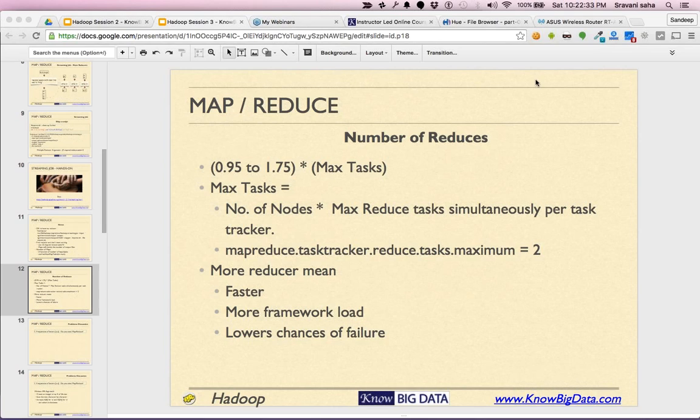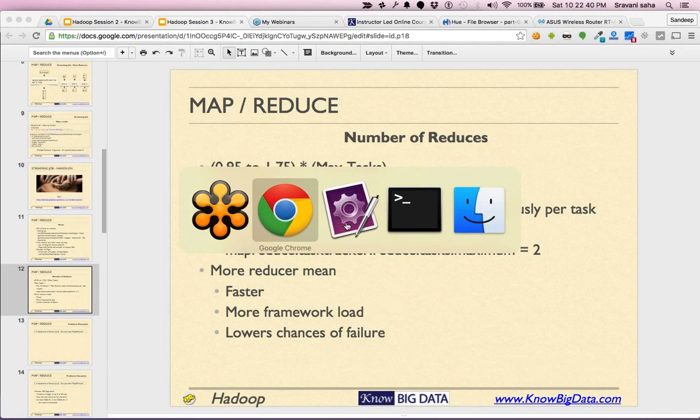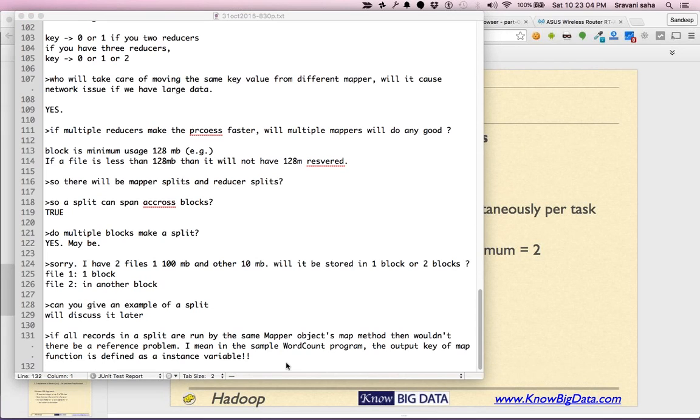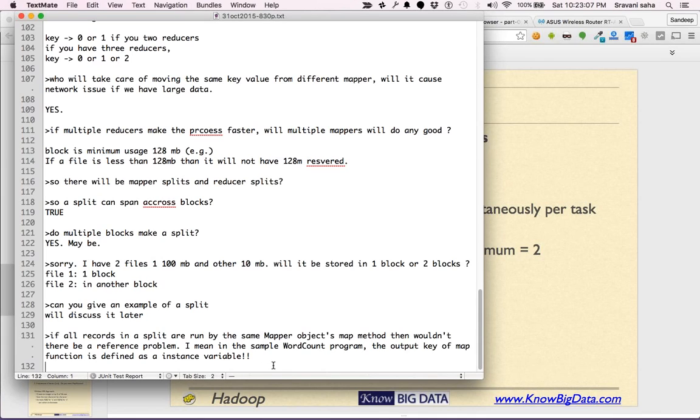All right. So, can we start now? If all records in a split are run by the same mapper object's map, no, there won't be any problem.